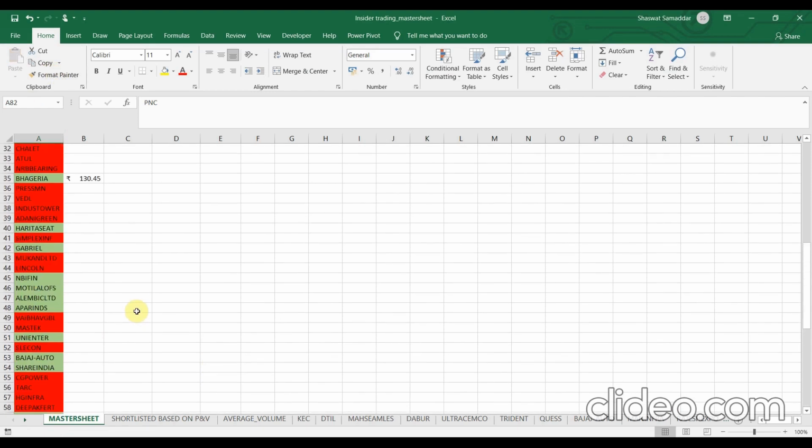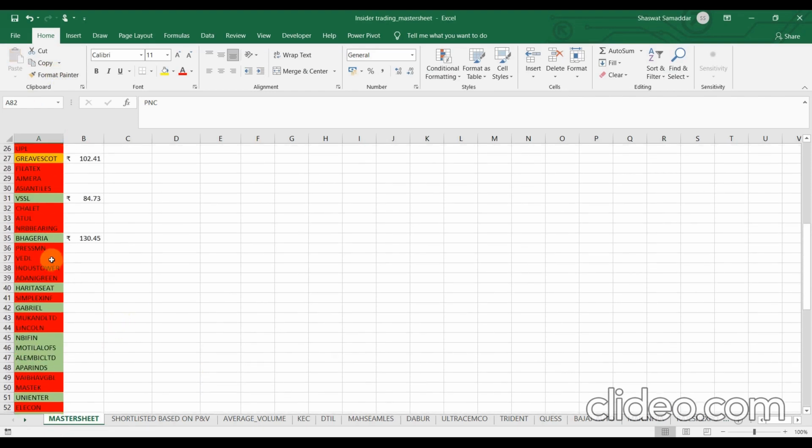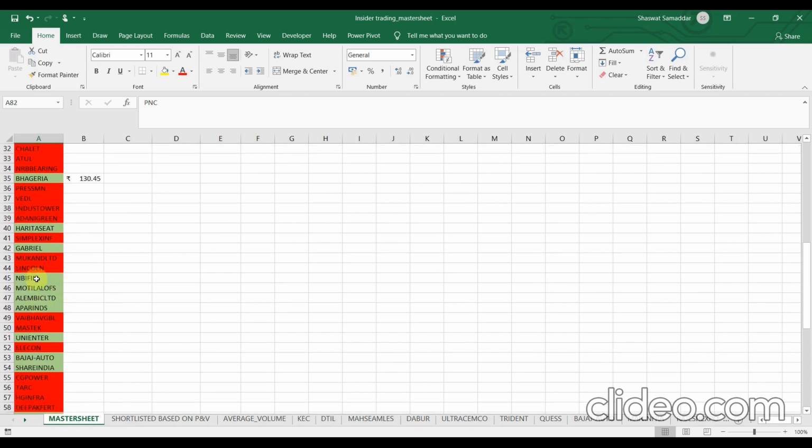Okay, so now our analysis has been completed. Don't delete the red stocks, because tomorrow, when we download the report and filter the first Excel sheet again, we would find some of those stocks there. So we should know for which stocks we have already done the analysis, and we should not waste time analyzing those stocks. The green stocks will go on to my watch list after one single analysis that I will share tomorrow, because the video is already too long.